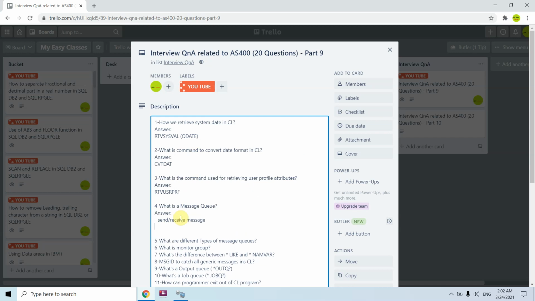And another thing is, basically it stores messages in the storage pool, and then sends them to some user or some system or to the workstation.